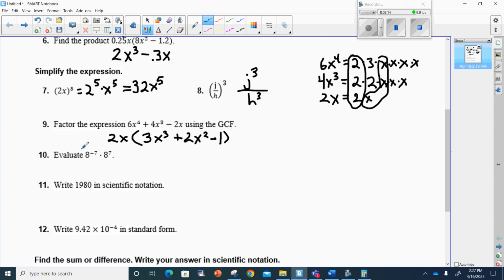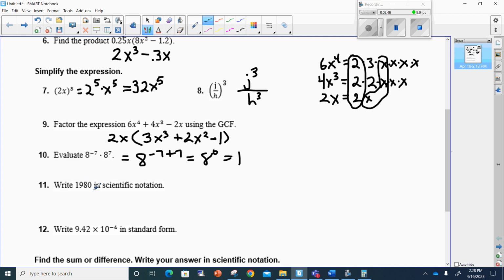All right, number 10 says evaluate 8 minus negative 7 times 8 over 7. If I evaluate this, well, this is really going to be equal to 8 to the negative 7 plus 7, and that equals 8 to the 0 power. Anything to the 0 power is 1. Remember, it says evaluate, so we're not going to leave it as a power. Number 11 says write